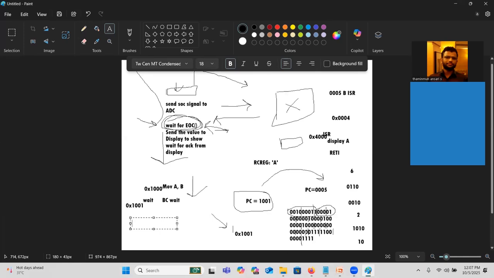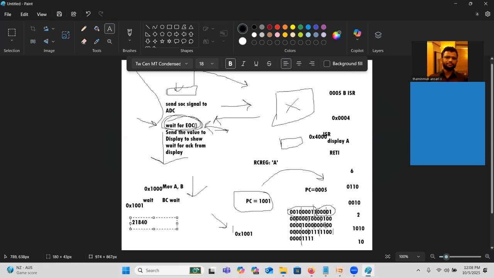Instead of giving this binary, they simplify it by combining 4 bits into one nibble. So 0010 becomes 2, 0001 becomes 1, then 1000 becomes 8, and 0100 becomes 4, and 0,